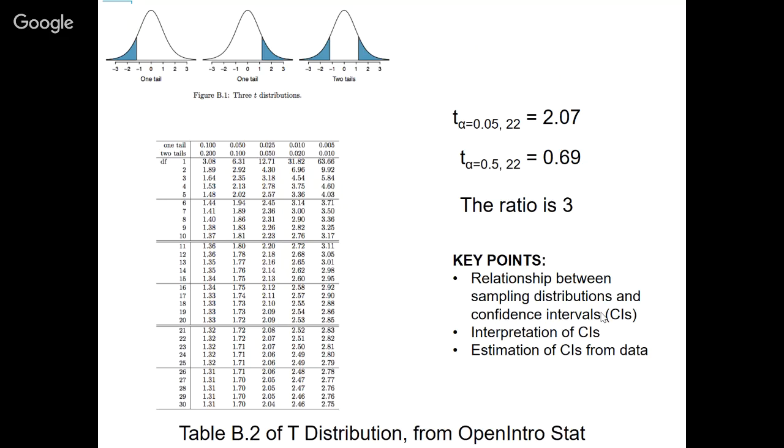The sampling distribution tells you the distribution of sample means upon repeated sampling. And that variability upon repeated sampling is what we use to estimate the confidence interval,